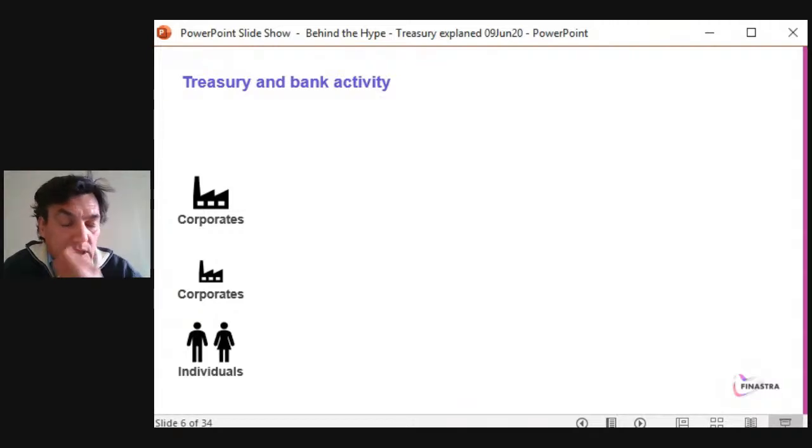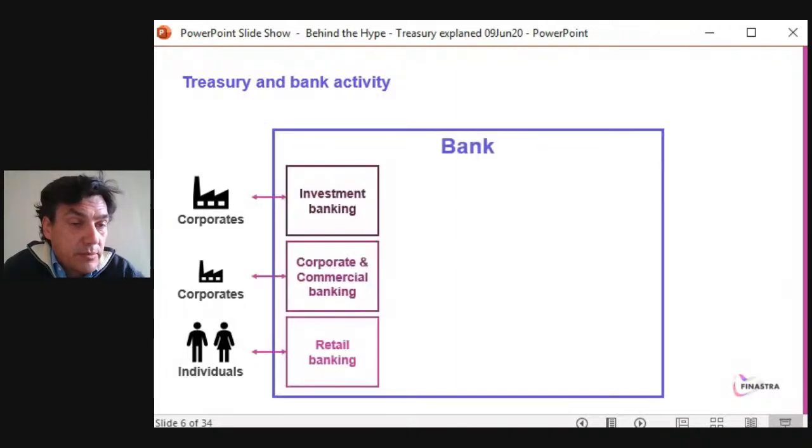So how does a bank work? Obviously there are some clients. Those are individuals like you and me. You have small corporates that could be the bakery or the corner shop at the end of your street, or bigger corporates, even the likes of Apple or whatever company. And obviously, you have some departments that are devoted to each kind of client.